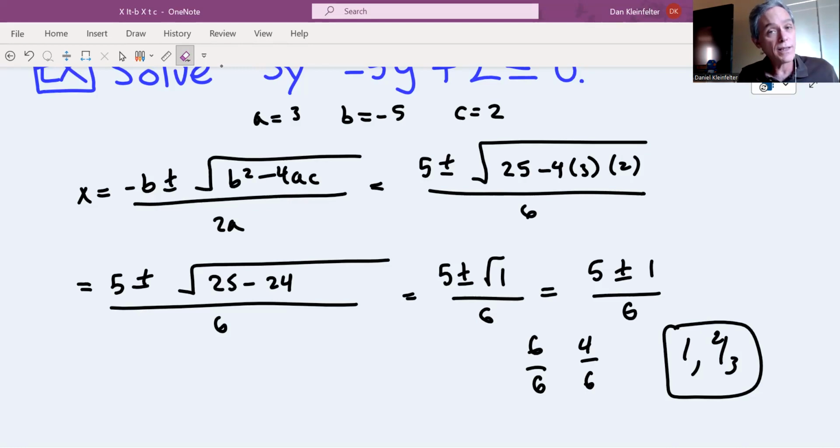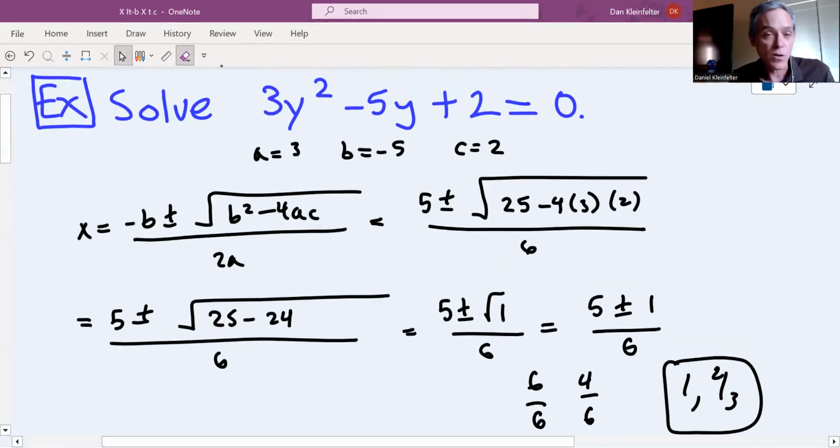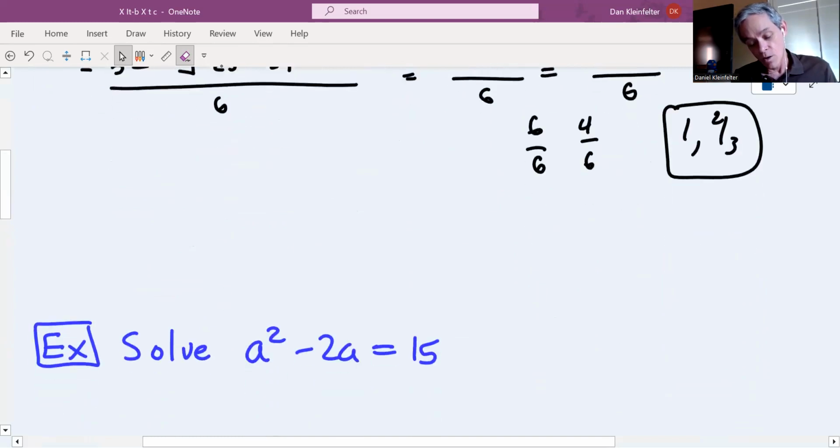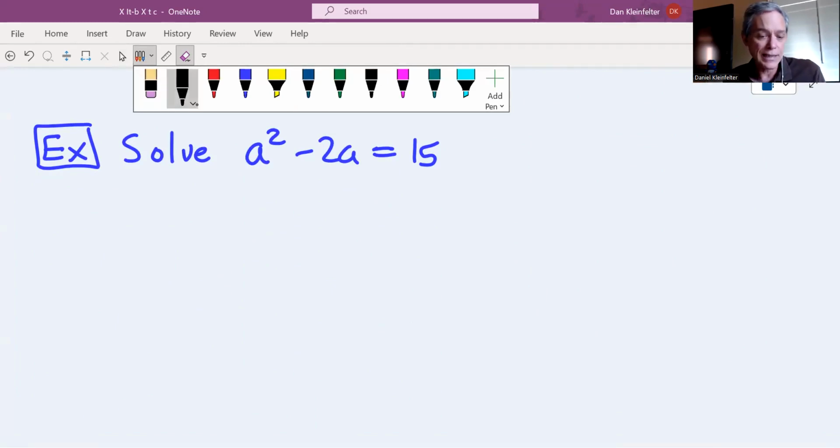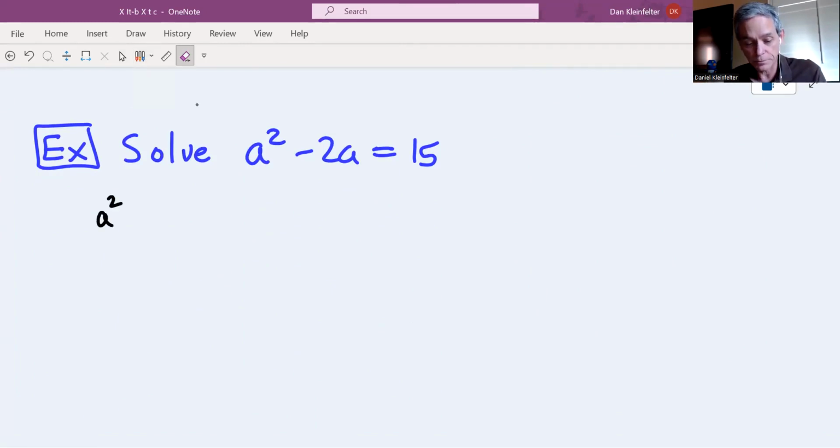One thing that's important to note here is that for our answers, we got integer or rational number answers. Whenever you end up with rational number answers, you could have factored. Of course, it's over now, so there's no need to do so, but just so that you know, we could have factored that in the first place, and it might have been a little faster. Okay, let's try this next one. We've got a squared minus 2a is equal to 15. I'm going to start by collecting all of the non-zero stuff on